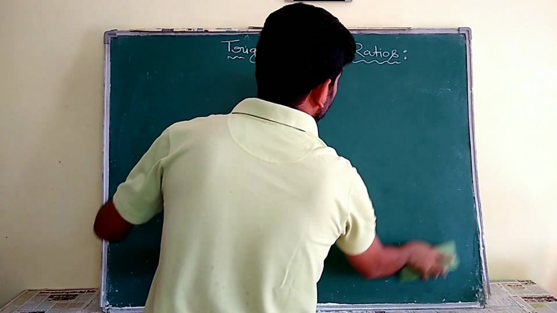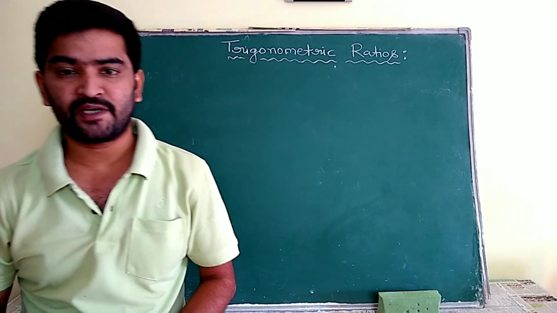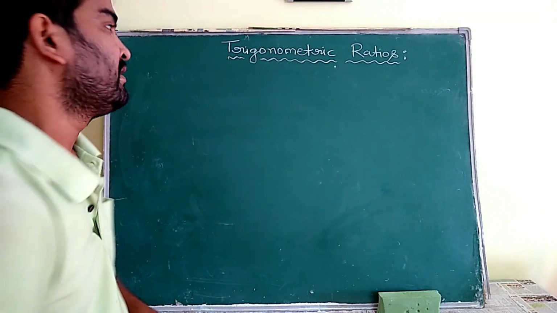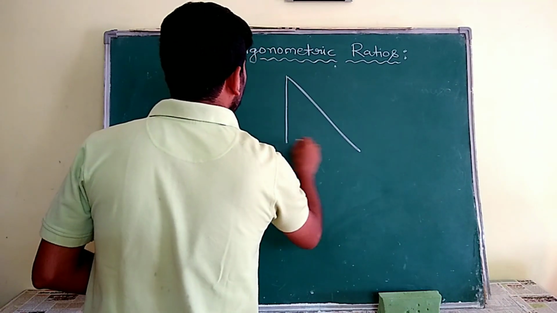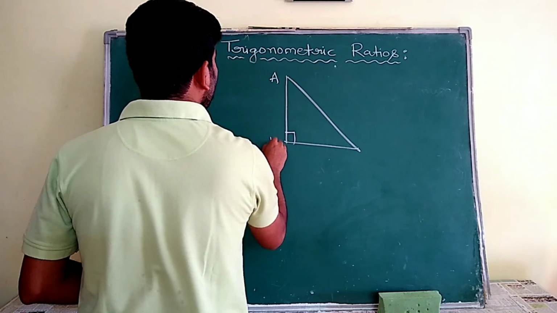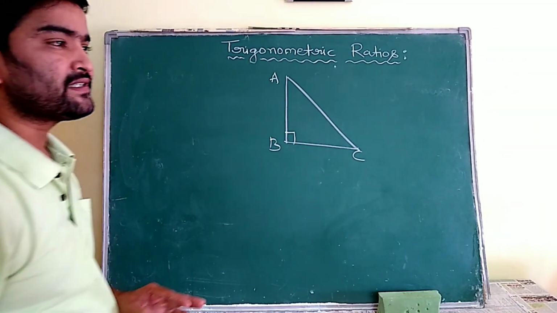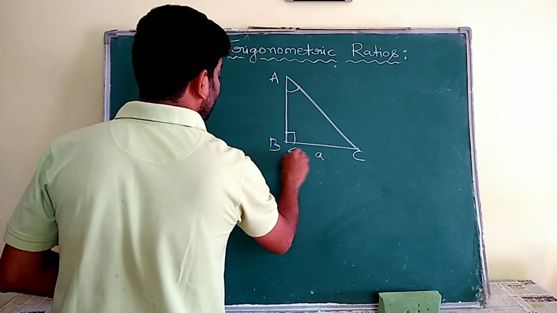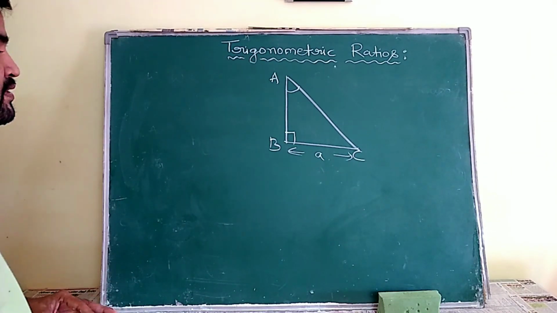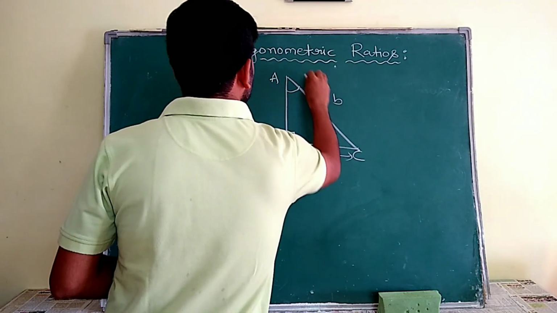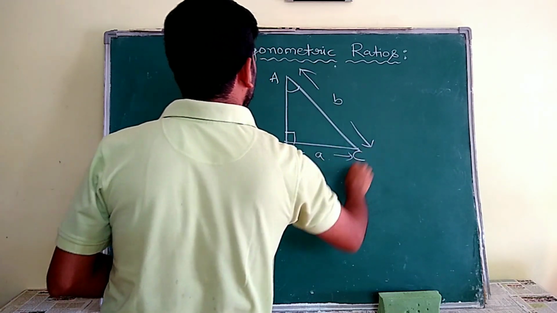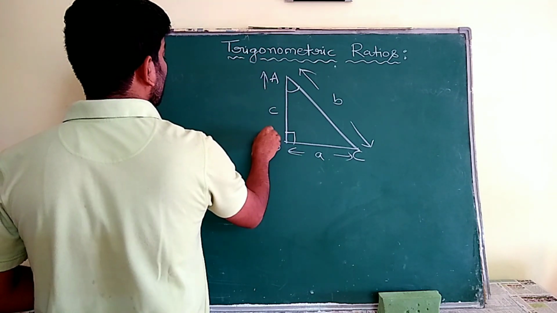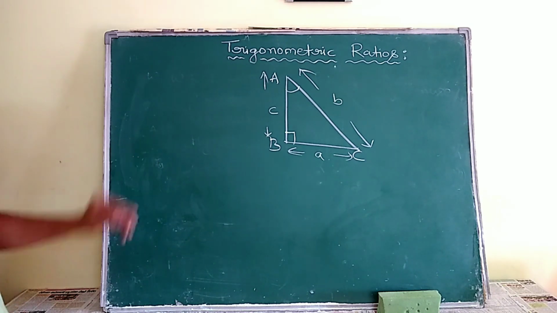Here I am going to explain one more concept. It's a very important thing. You have to remember this. Let us suppose this is a triangle ABC. We always consider the side opposite to the angle A as small a, the side opposite to angle B as small b, and the side opposite to angle C as small c. We have to remember this.